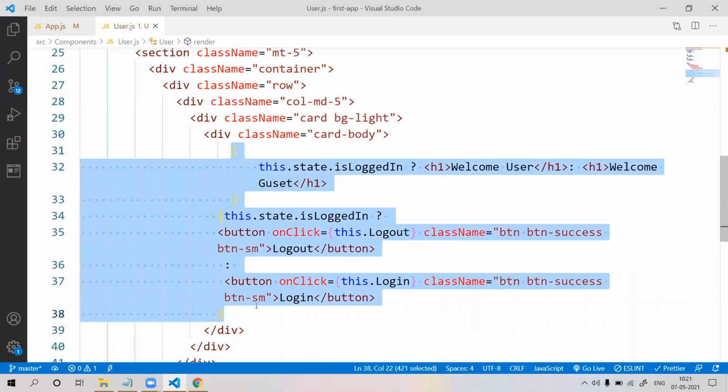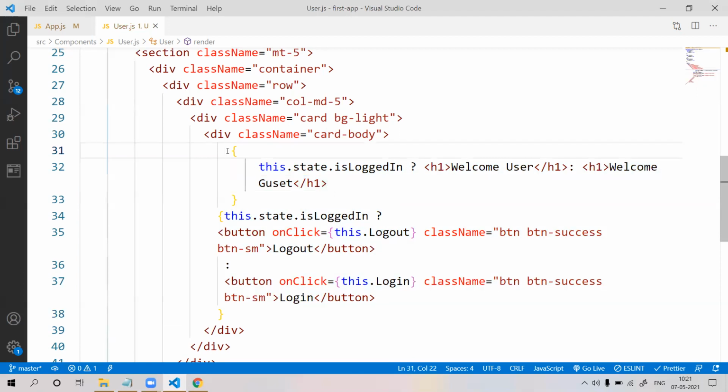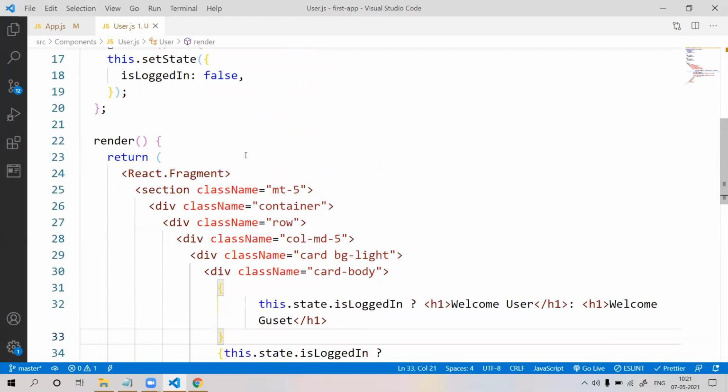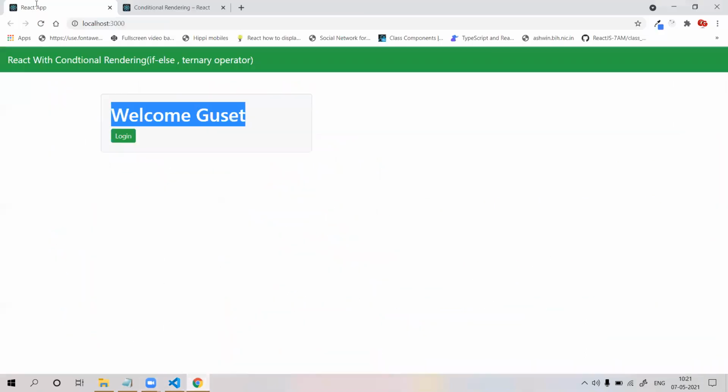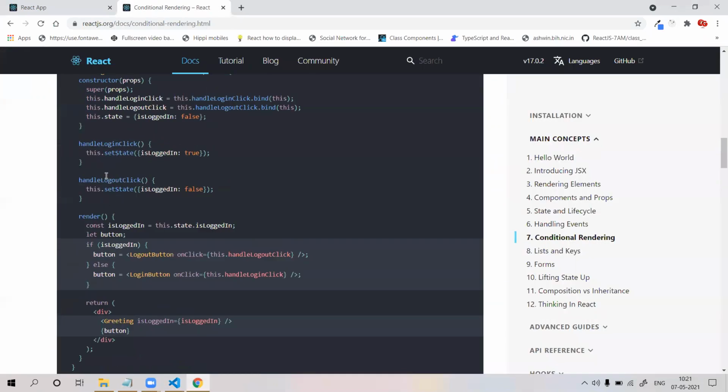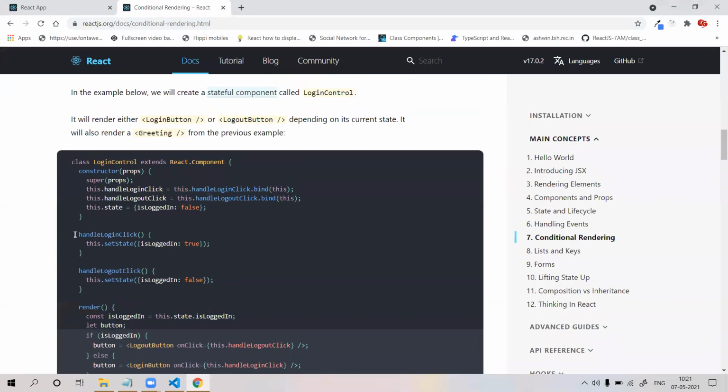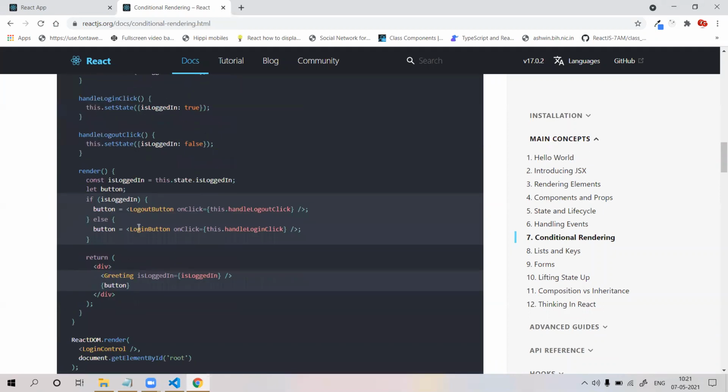We can see the best example of this login when we start form validation. That time we are going to see the best way to do this. If we make an if else condition, then first of all we write syntax like this. We can make it like this. First we can create like this.